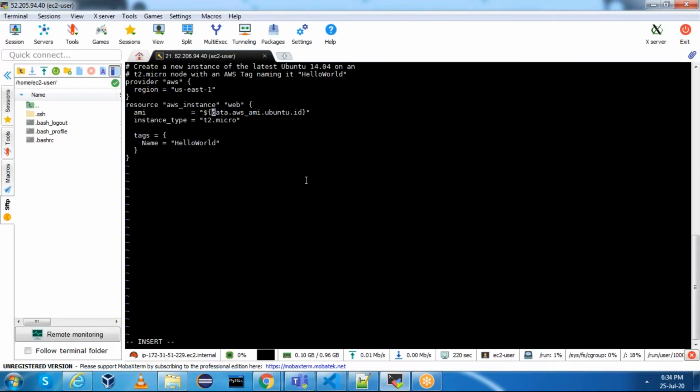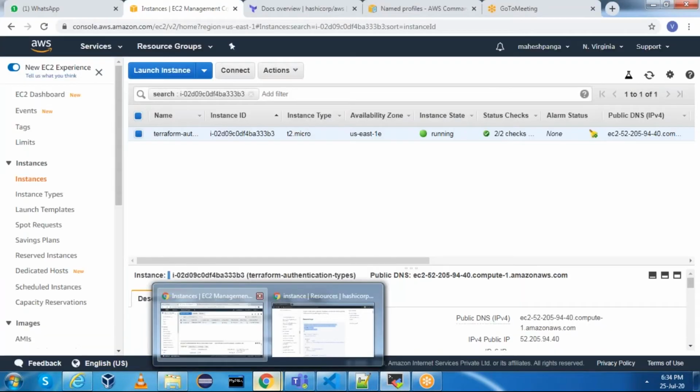Then the AMI. Whatever server you want to create, you need to copy the AMI ID.